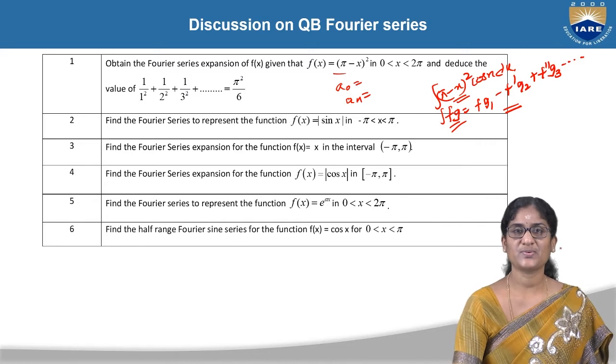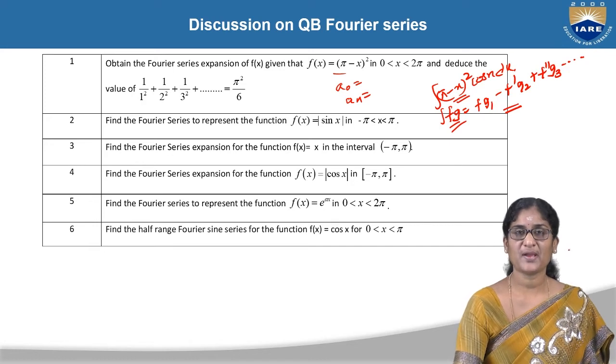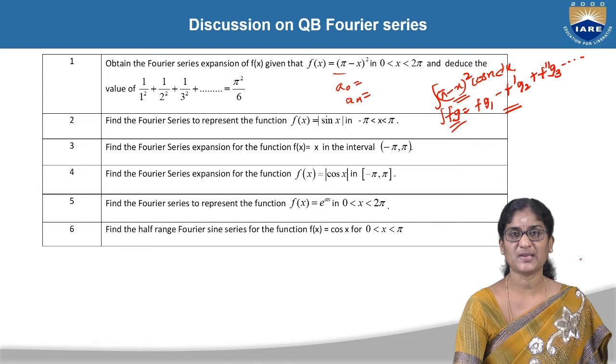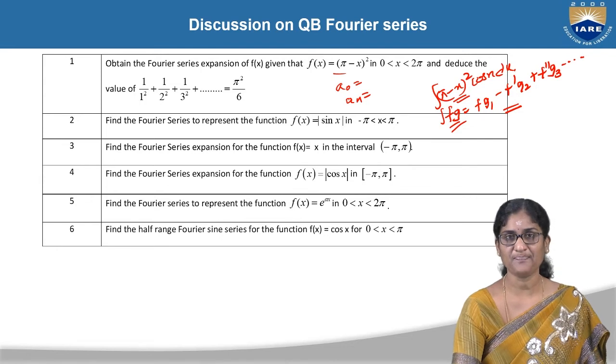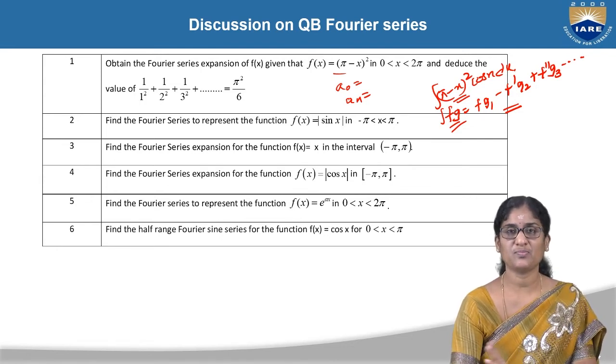Pi minus x whole square, integral of cos nx is sin nx by n, minus derivation of pi minus x whole square, that is 2 into pi minus x, internal differentiation is minus 1, into again the integral of sin nx, that is nothing but minus cos nx by n square. One n is from the first term, second term we are getting one more n, so both clubbed together we